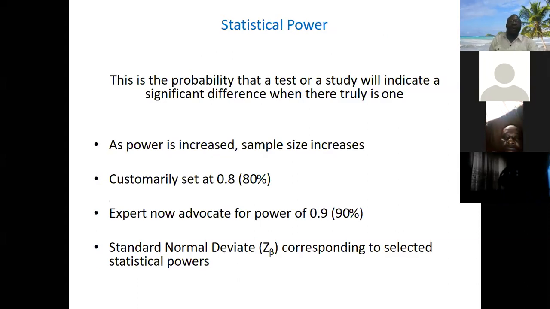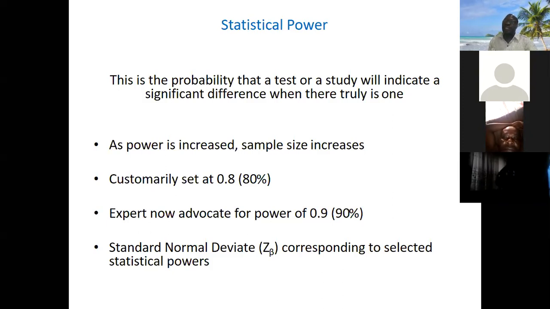You know, the statistical power is the ability that a test or a study will indicate a difference when the truth is one. That is, if the difference is there, your ability to get it, to detect it. If the difference may be there, your study may not get it. And that is, the power is not powerful enough. And that is why